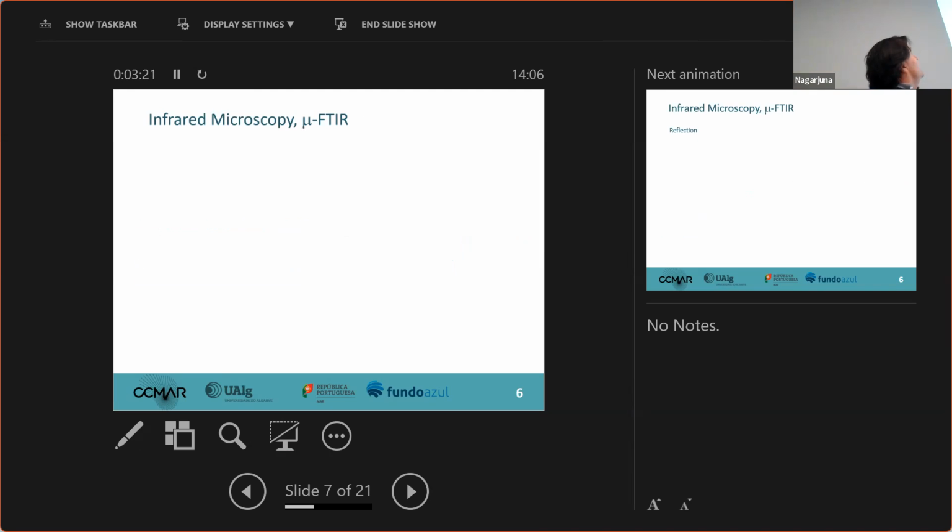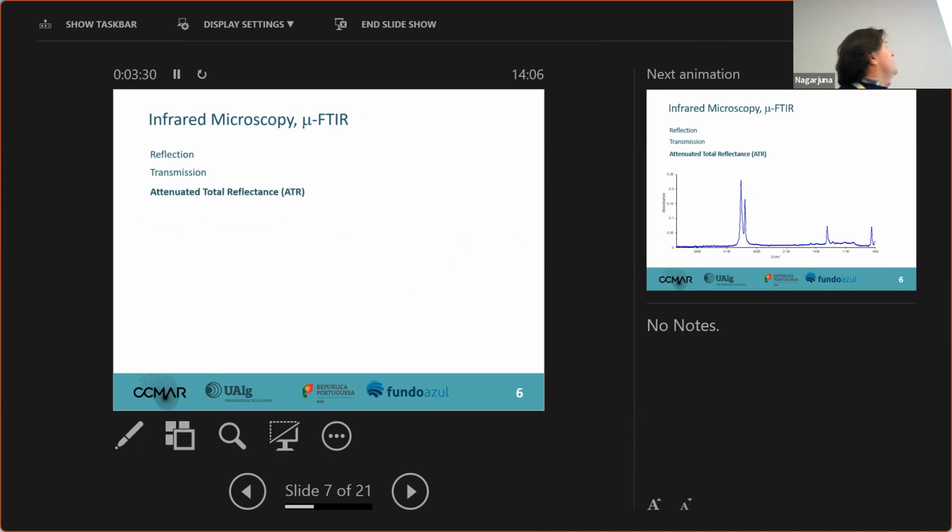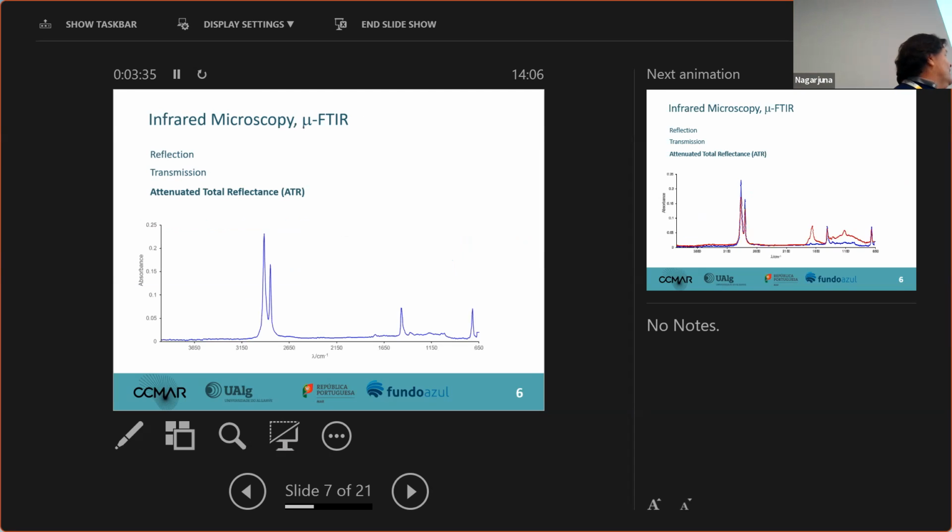We have one of those instruments that can sample information from the particles we are analyzing in reflection mode, in transmission mode, in ATR mode. This is a typical spectrum of one particle. For those who are used to this instrument, this is a clean spectrum of a particle of polyethylene. This is one particle. And then another particle that is degraded polyethylene. We can see the OH and CO signals indicating that oxygen is being incorporated into the matrix of the particle,